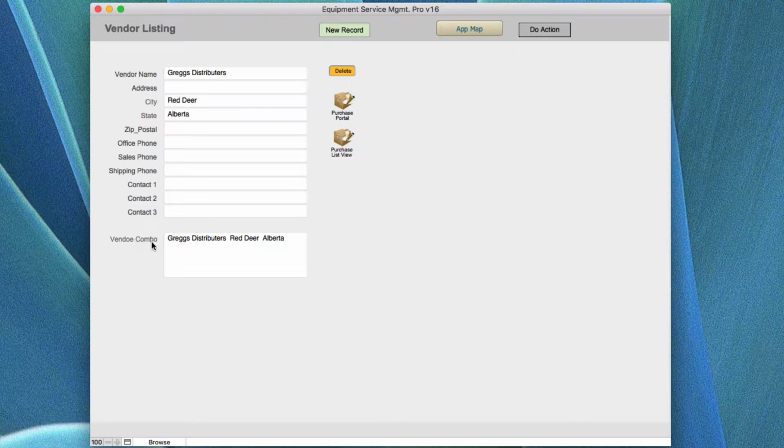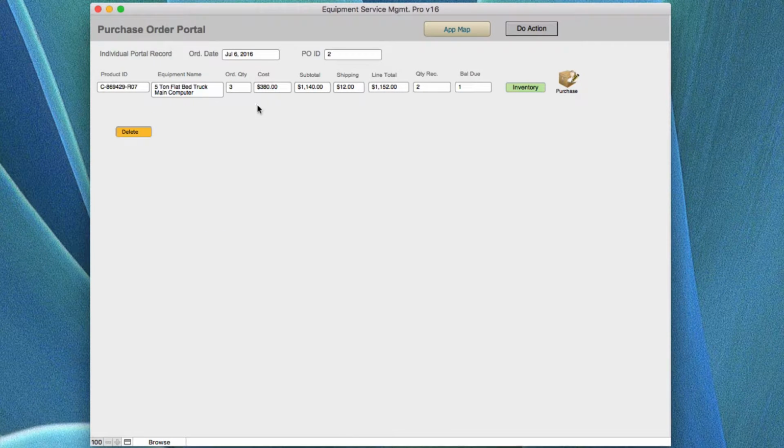And then, of course, the vendor combo screen is what is used in the inventory and in the purchase record to add that information into the drop-down. You go back to the purchase portal. This would be the individual portal for each row within the record, and you can see the amount and the received. And then you can go back to the purchase or the inventory to see the update for the information